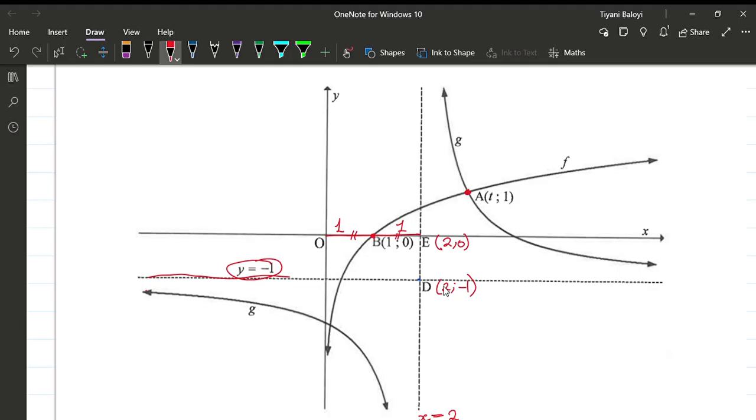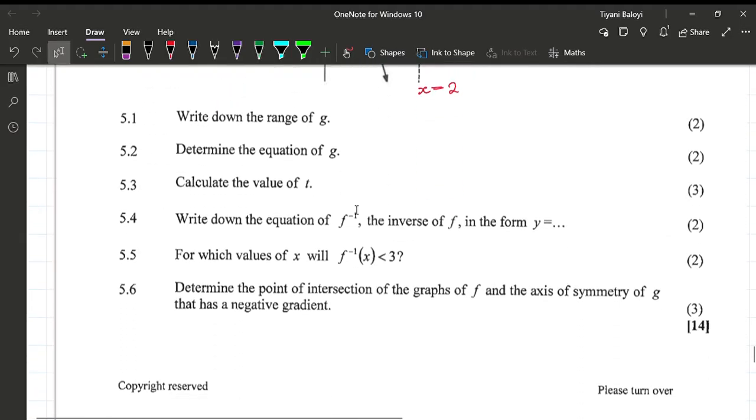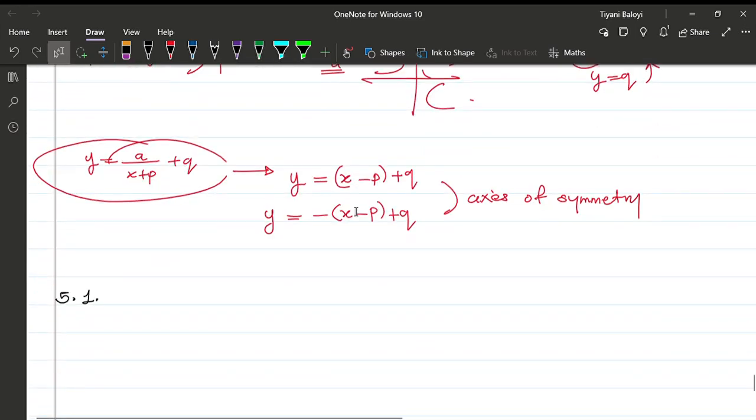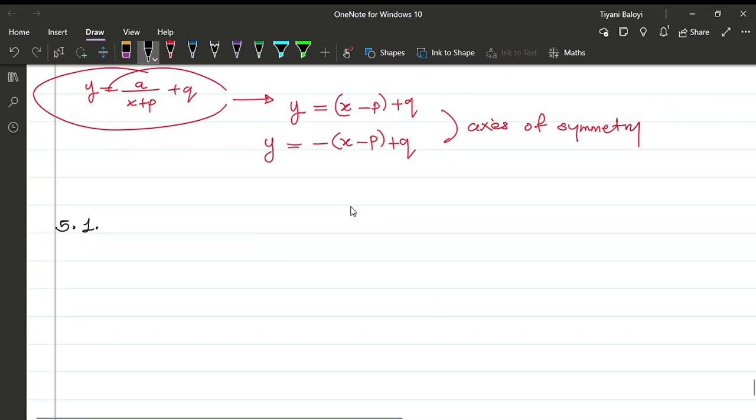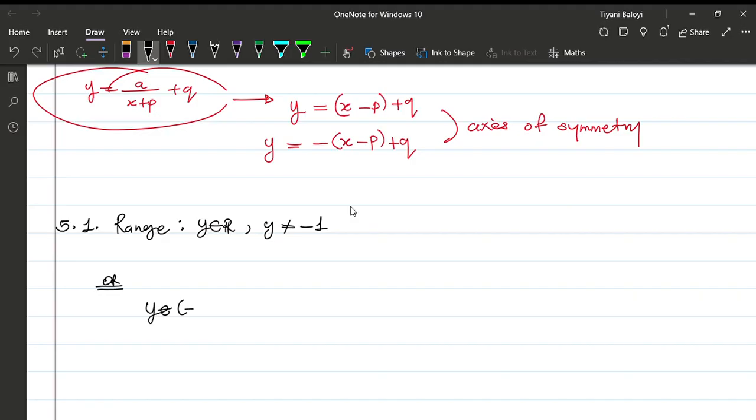So it means that the function is not defined at -1. So it is defined everywhere but at -1. To write the range in a mathematical way, let's just say the range is y is an element of all real numbers, but y is not equal to -1. Or you can write y is an element of (-∞, -1)